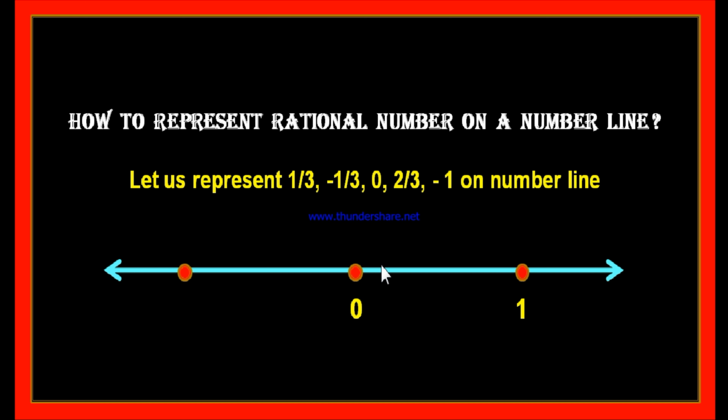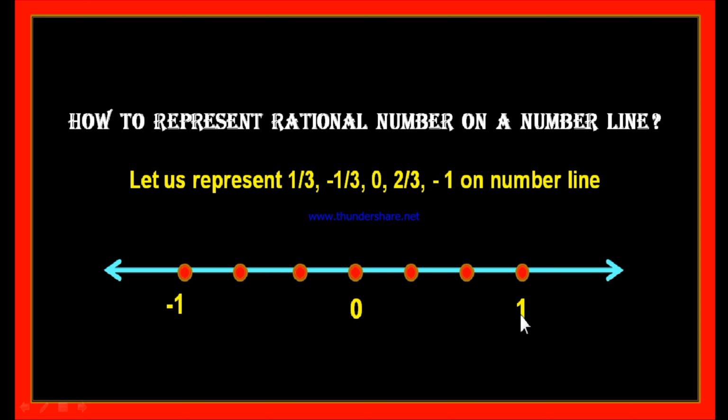You take first of all a number line, and on the number line you take points at equal distances. Let us consider this point as 0, then the right hand side point is positive value, plus 1, and the left hand side to 0 you will get minus 1. As here the given fractions have the denominator 3, you divide 0 to 1 into 3 equal parts, and also you divide 0 to minus 1 into 3 equal parts. You observe. Now this is 1 by 3, this is 2 by 3, and this is 3 by 3.